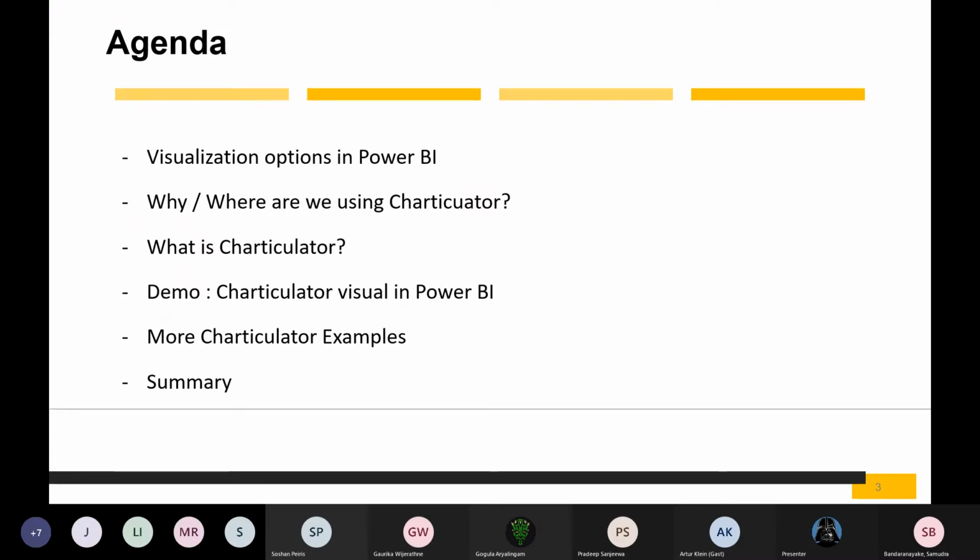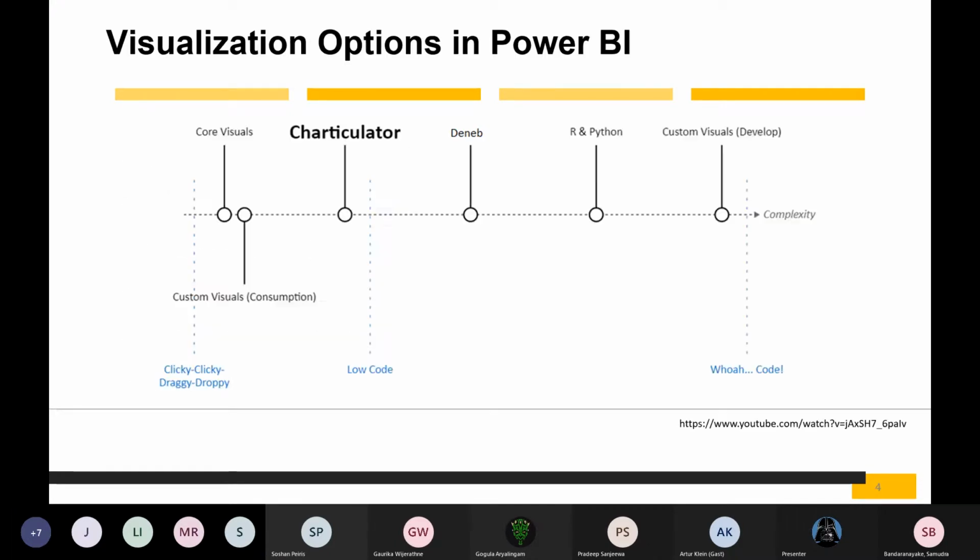And I'm showing some more Charticulator examples here in this small session. So here in this visual, you can see there are so many visualization options we have. Core visuals means the default visuals that Power BI provides, and if that is not enough, we are using custom visuals here. And you can see from the right hand side,